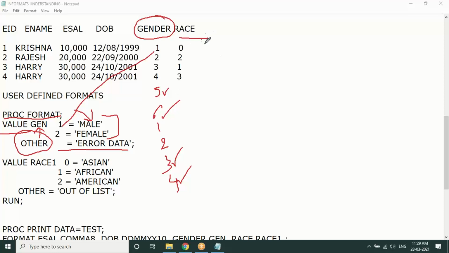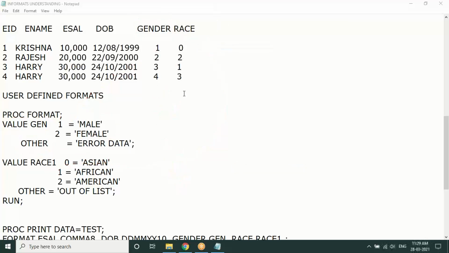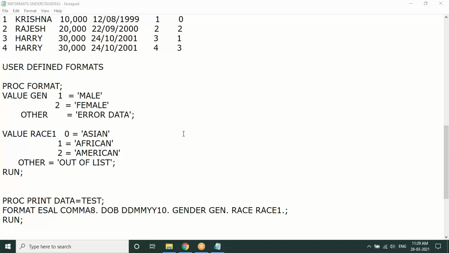Similarly, for the other variables also, you can create any number of variables, assign some value. So at the time of printing, this particular representation which you have created will be displayed to us. That we call a user defined format. So now how can I represent it? Again in the proc print, you're using a format: salary as comma, DOB as DDMMYY, gender as gen dot.